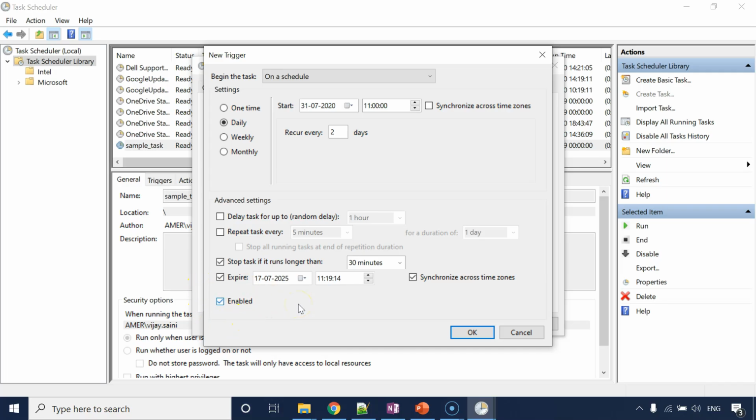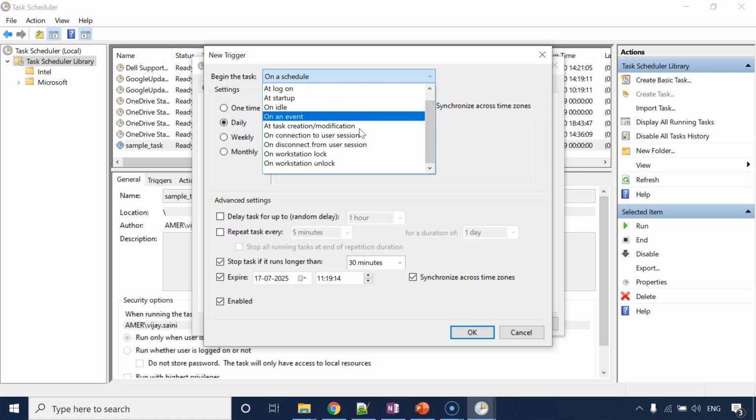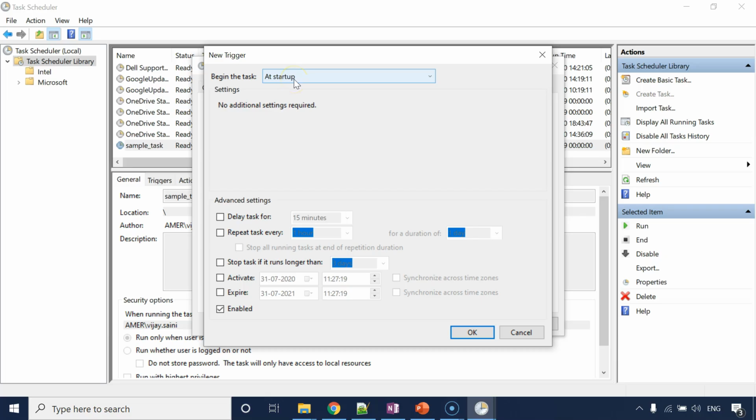Alright, so we have learned a lot about scheduling, but tell me, do you always want to trigger your task based on the time schedule, or could there be some other trigger point as well? Well, we have multiple options over here. So if you want to execute some task as soon as a user logs in or as soon as the system is started, these options we can also choose based on our requirement, right? So let's say as soon as your system is started, you want to do some cleanup and then start your application services, then this is the right option for you, not the time based scheduling, right?